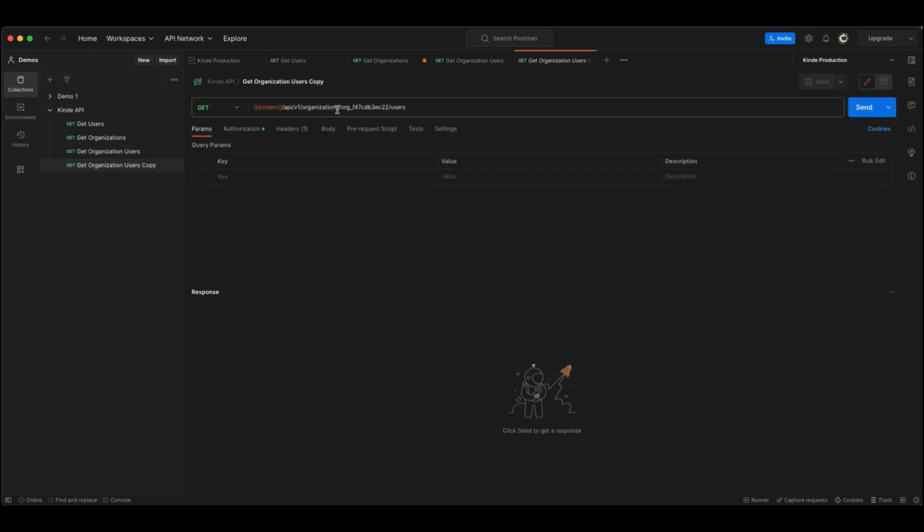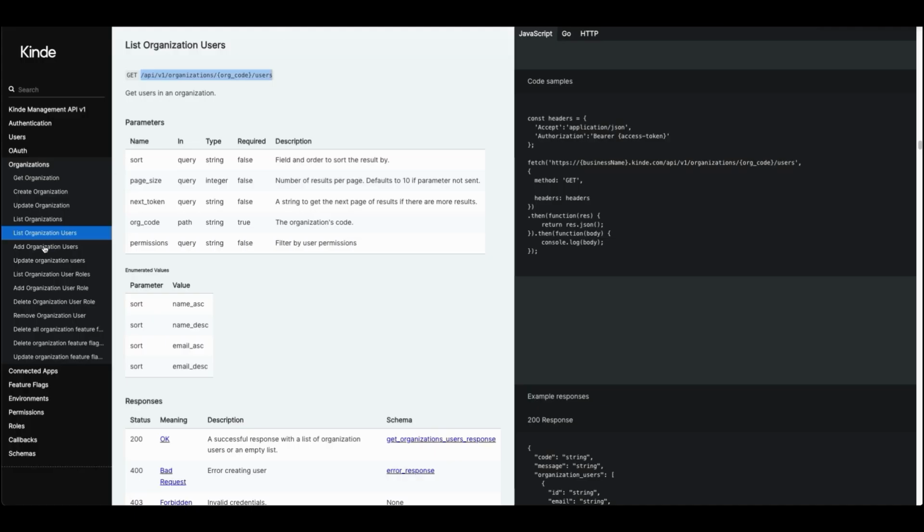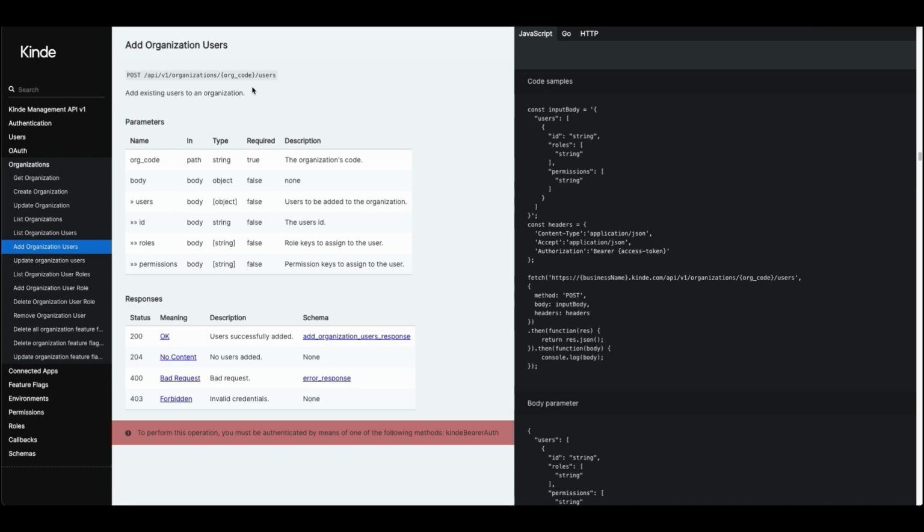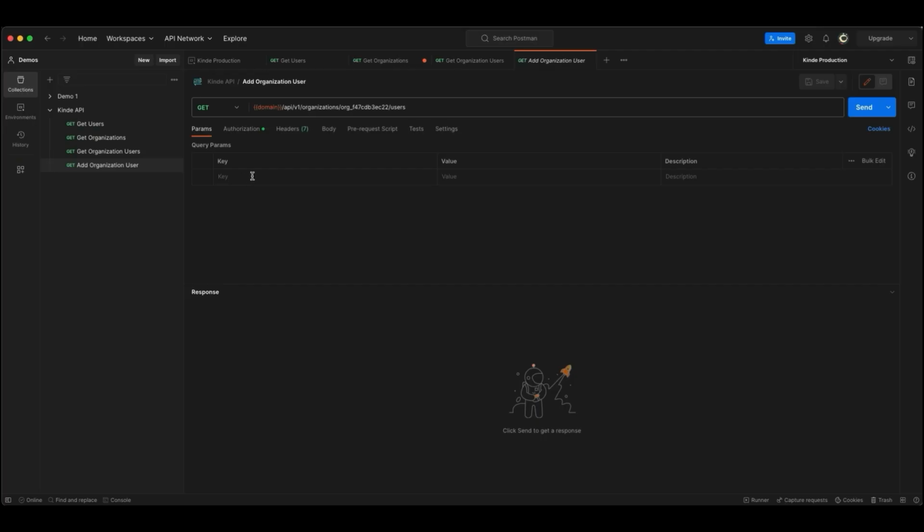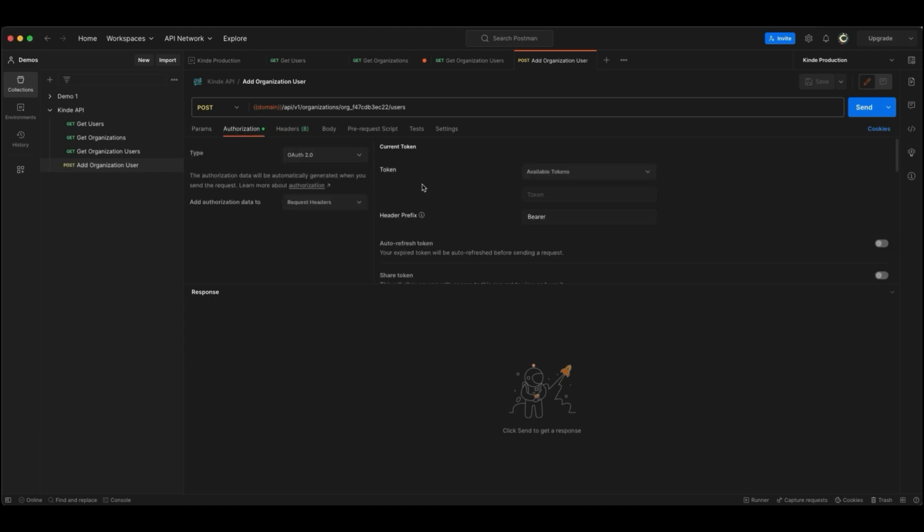I'll duplicate that once more and call this one add organization user. And in the documentation, add organization users endpoint. So this one is the same, but it uses a post method instead. So if we change our get to a post and make sure that we're using the same token,